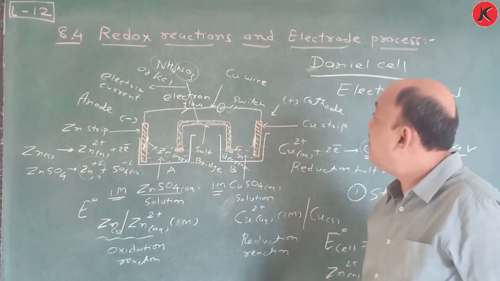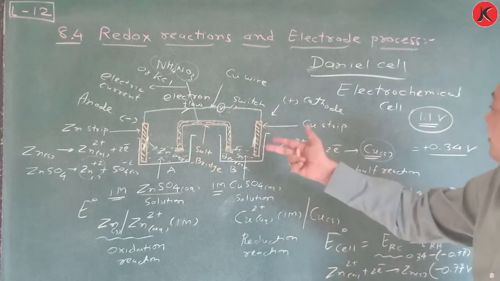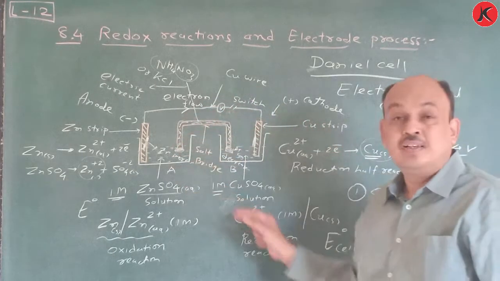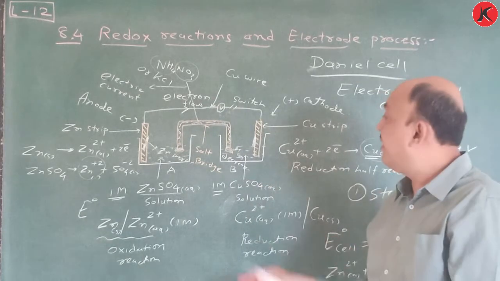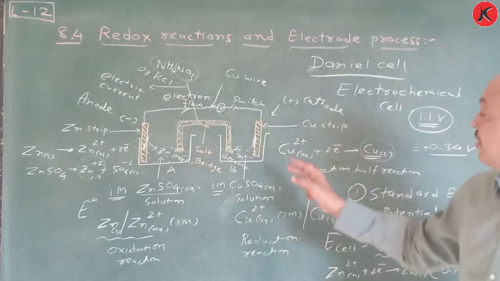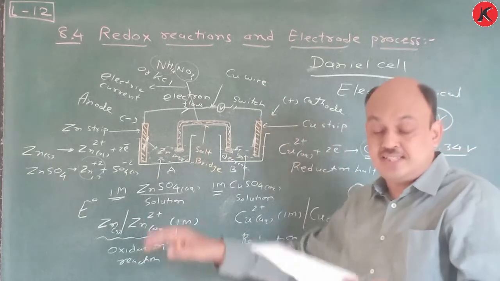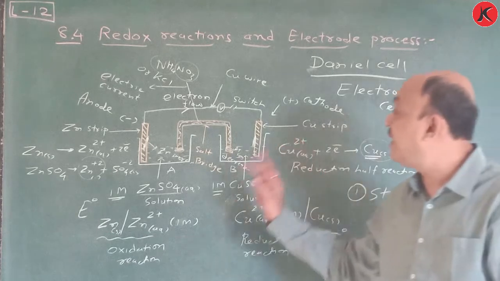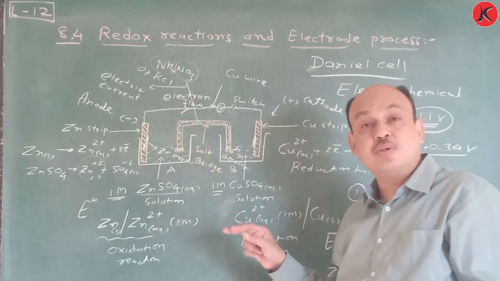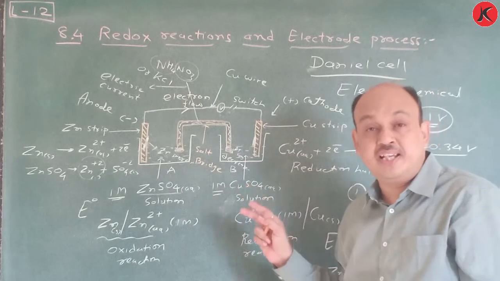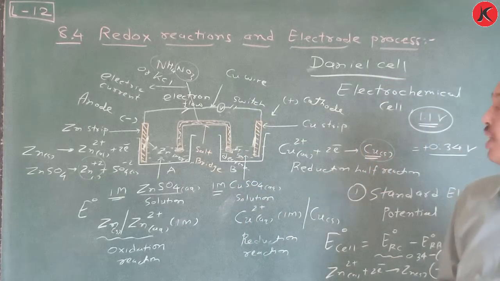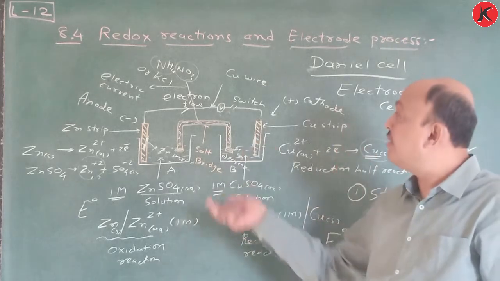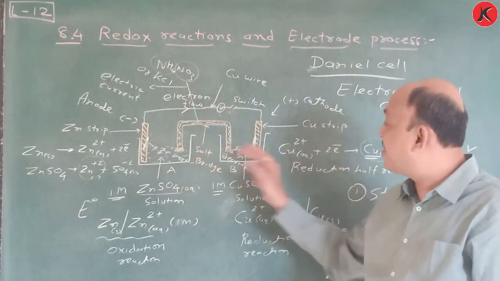So this is all about redox reactions, and write it down from the NCERT textbook, but you remember only this figure. The figure is very important, and which one acts as anode, which one acts as cathode, whatever the labeled diagram is in your NCERT textbook, you draw it completely according to your NCERT textbook. You prepare it, this question is asked many times, and certain definitions are required to remember. So make a note of this, please make a note. Here I have not written anything, but the explanation is more.